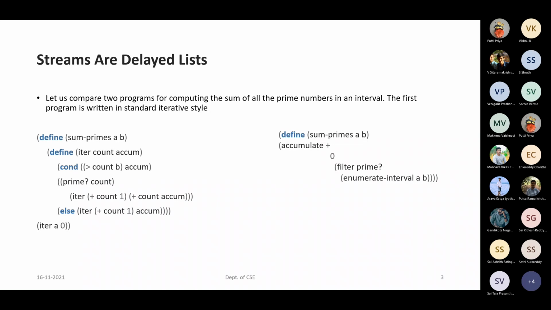If you consider A to be some 100 and B to be some 1 lakh, just imagine enumerate interval will be generating all the values from 100 to 1 lakh. All the values will be generated, right? So just imagine the space complexity required for this enumerate interval. It requires all the values from 100 to 1 lakh to be stored.